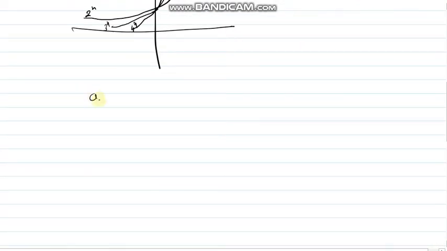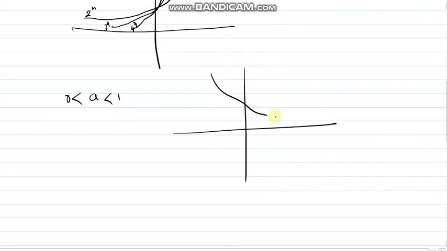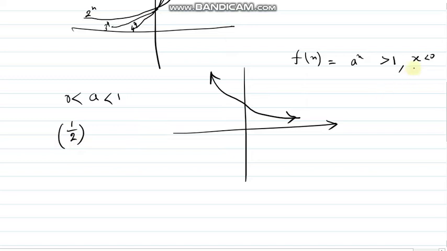Now if a is between 0 and 1, what's the meaning of this? That a is a proper fraction. So that time the graph will lie like this. Please try this. The graph will lie like this if a is between 0 and 1. For this case, I will discuss three cases: f(x) = a^x will be greater than 1 when x is less than 0. Because just check, suppose a is half, then for x less than 0, half to the power -half will be positive, right? So this will be less than 1 when x is greater than 0, and this will be equal to 1 when x equals 0.